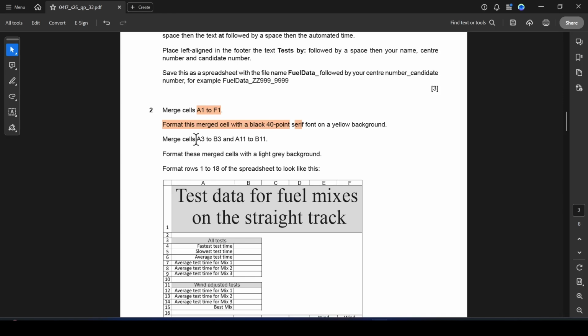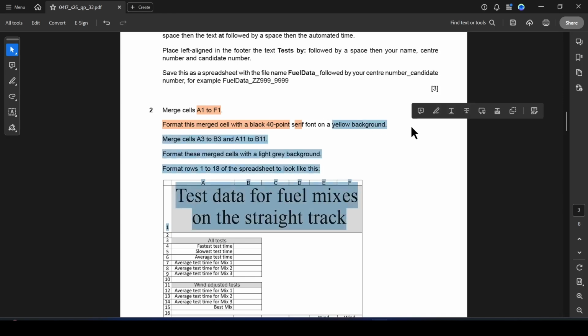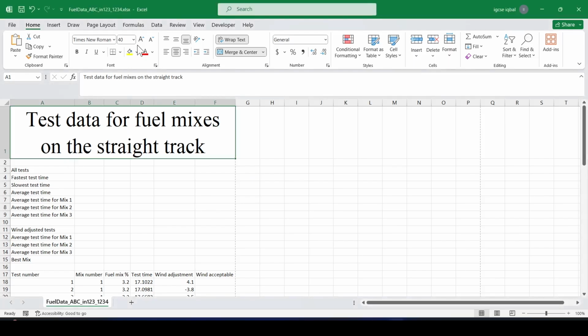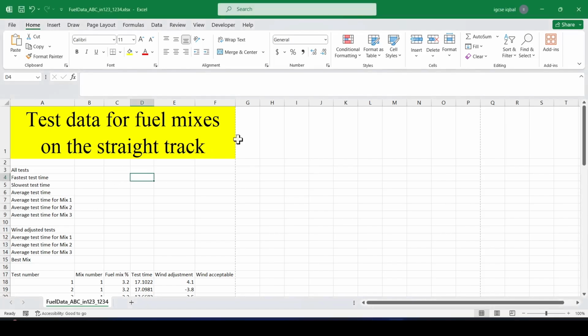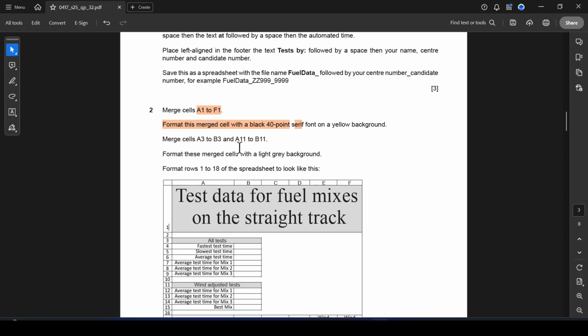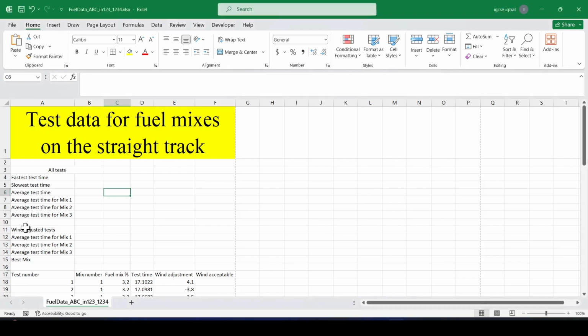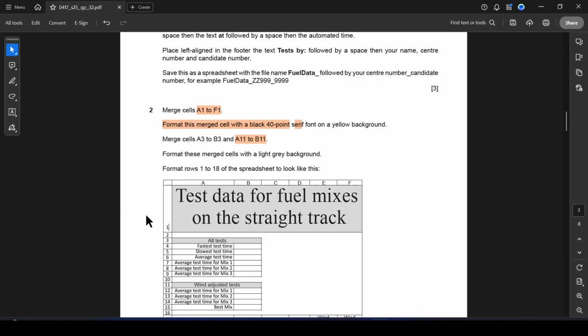Then after that, the yellow background. Sorry, we need to add a yellow background to this. So the paint bucket is here, yellow background, done. Next, merge the cell A3 to B3, merge and center. Next, after that, A11 to B11, we need to merge. Where is A11? Here, A11 to B11, merge and center. Next,